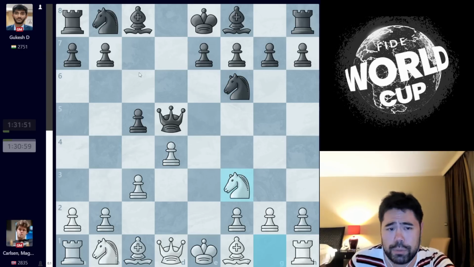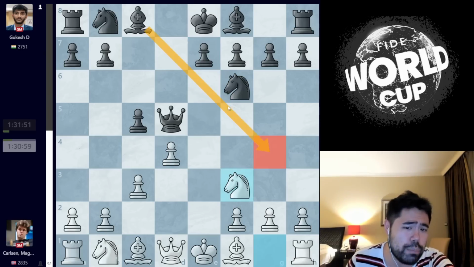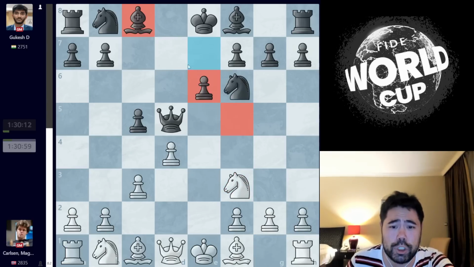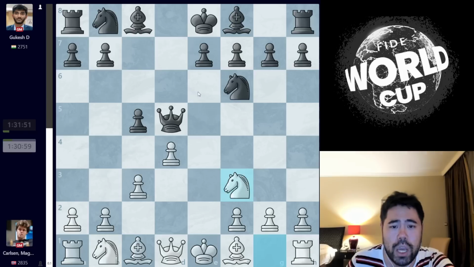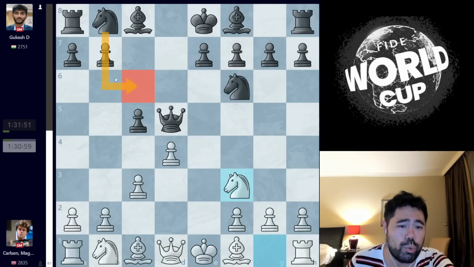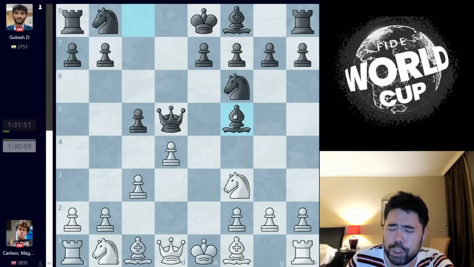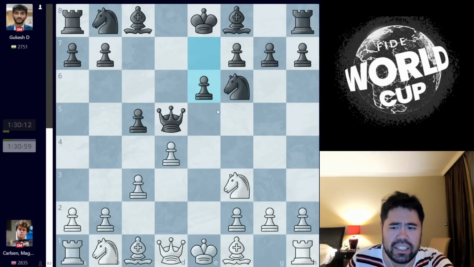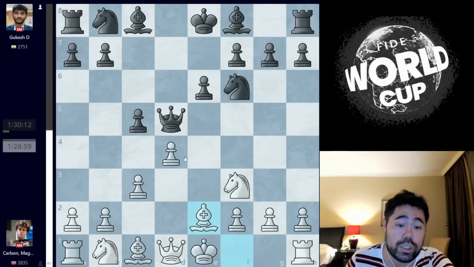Now, one interesting thing is black has a couple of options. You can try to bring the bishop out to g4 right away here. You can also play e6, leaving the bishop inside the pawn chain here. Or you can even play knight c6 right away. Now, many different options. I think even bishop f5 might be possible, although I think it's a little bit dubious in this exact position. At any rate, Gukesh plays e6, and now Magnus makes a very interesting decision to play